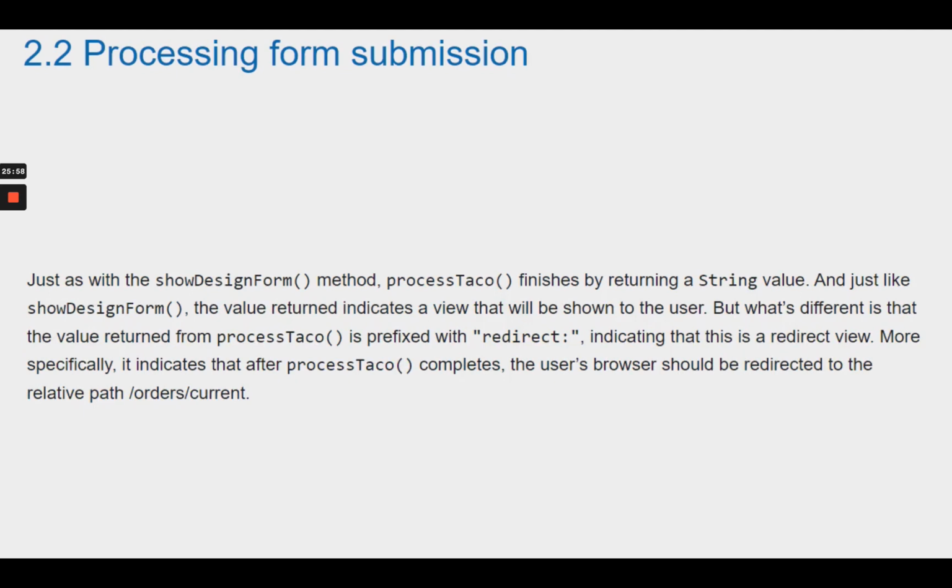Just as with the showDesignForm method, processTaco finishes by returning a string value. And just like showDesignForm, the value returned indicates a view that will be shown to the user. But what's different is that the value returned from processTaco is prefixed with "redirect:", indicating that this is a redirect view. More specifically, it indicates that after processTaco completes, the user's browser should be redirected to the relative path